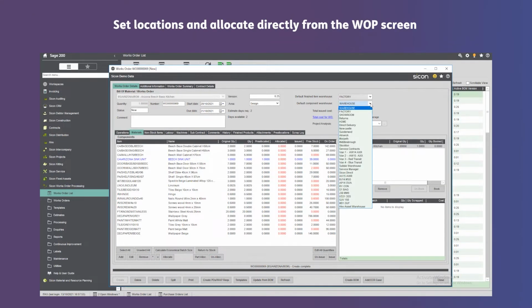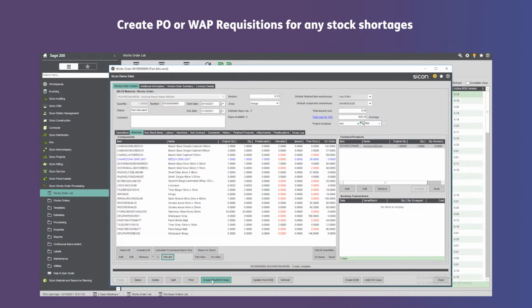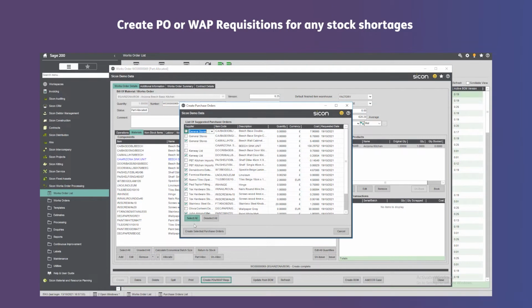You can set the default locations for the finished product to go to and for the components to come from, and then allocate the raw components, with the system automatically prioritising the default location as the source. Works orders will also allow you to create purchase orders or WOP requisitions for any stock shortages you may have for the project. Pulling in your preferred suppliers for each component, it will create these POs automatically, eliminating the need